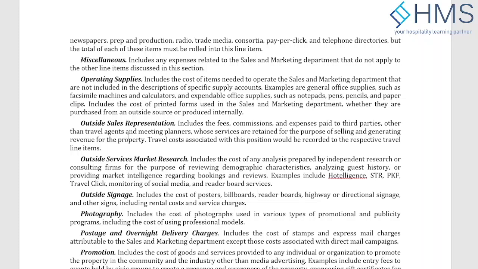So there will be three types of distribution sales that hotels usually employ. One is their own people stationed overseas to visit the places. Then they have outso